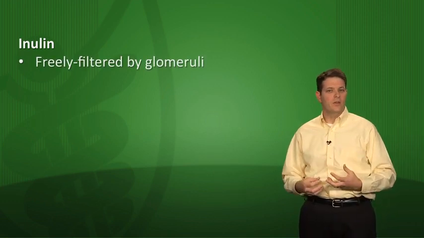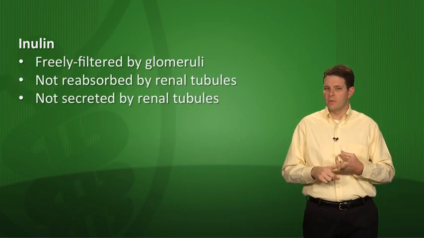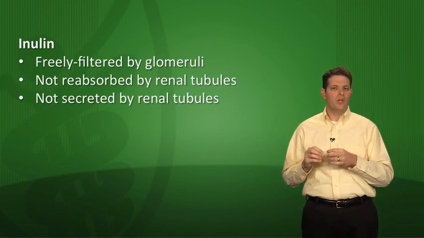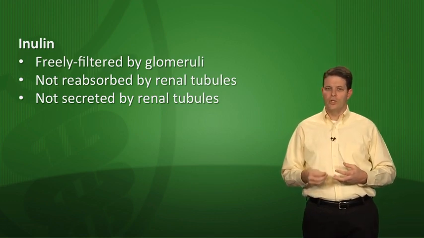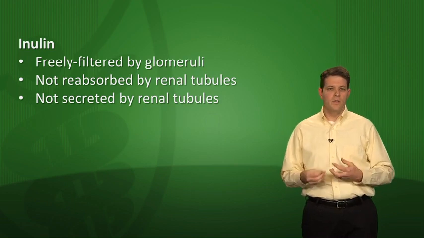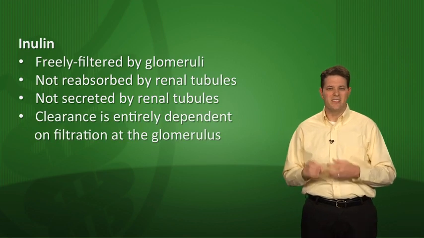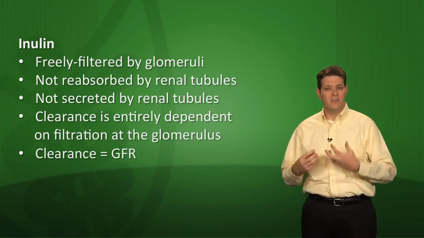Well, as luck would have it, there's a polysaccharide called inulin that has these exact properties. It's freely filtered by the glomeruli, and it's not absorbed by the renal tubules, nor is it secreted by the renal tubules. So if you infused a little IV inulin, and then you measured the urine concentration of inulin, the urine flow rate, and the plasma concentration of inulin, you could calculate the clearance of inulin, which is UV over P. And since you know that inulin is neither secreted nor reabsorbed by the tubules, you know that the clearance of inulin is entirely dependent on the filtration of inulin at the glomerulus. So the clearance of inulin equals the